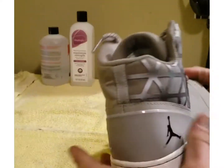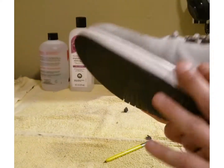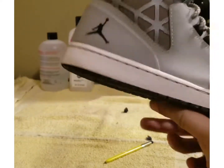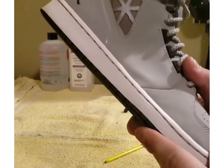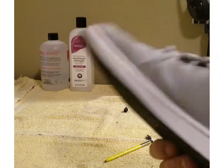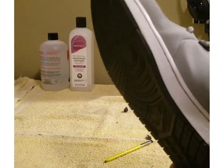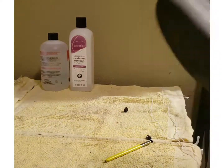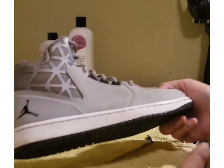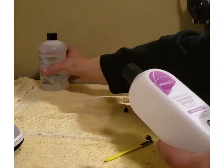One of the methods is a boiling water method. Now, I actually have personally never done this method or seen it, but I've heard about it. Another method is going to be using a heat gun. Now, I don't own a heat gun, and I don't believe a hair dryer is actually going to be hot enough. You might get lucky if you have a nice hair dryer. It might be worth trying at least. But the easiest method, in my opinion, is going to be